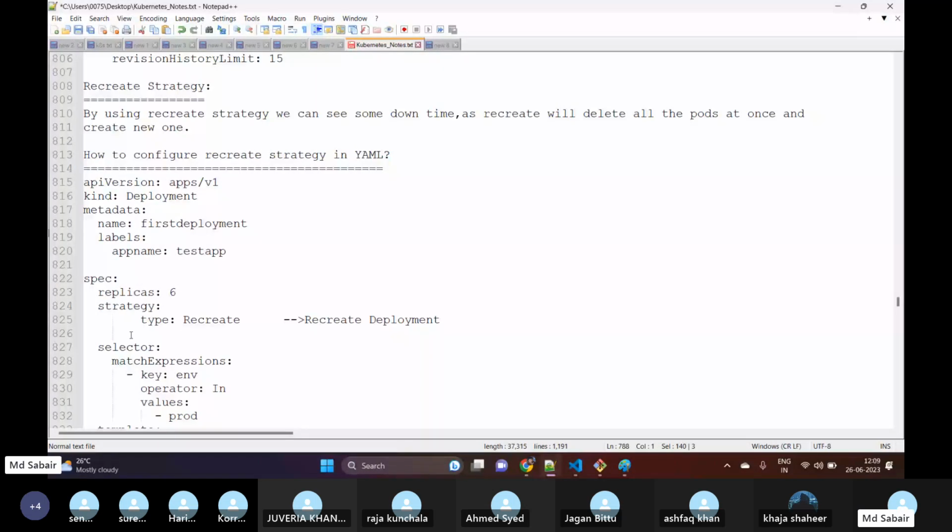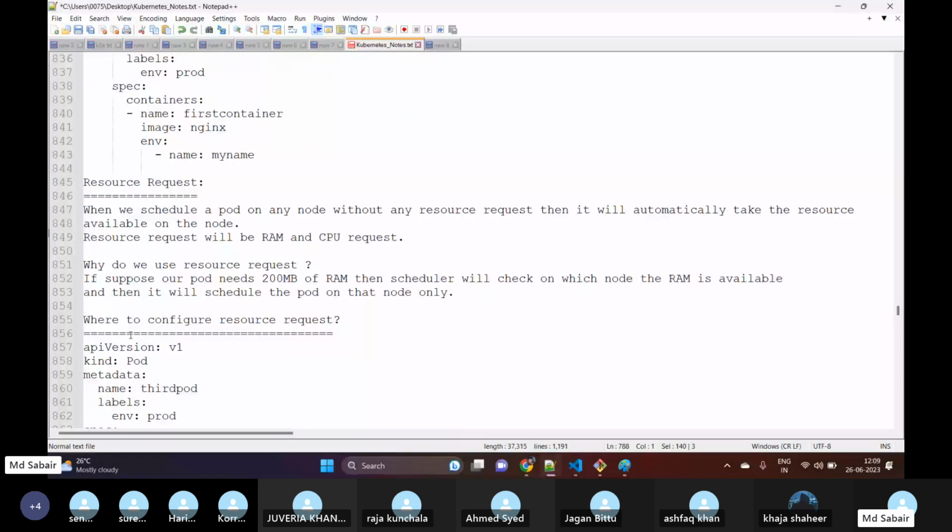And then we have a very important one, that is resource request. Okay, for example, what do you mean by resource request? So we have two concepts, resource request as well as limit request. Okay, so resource request means